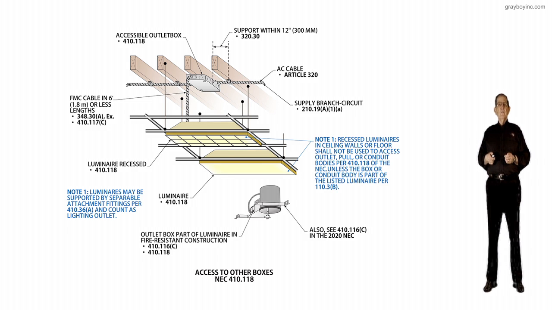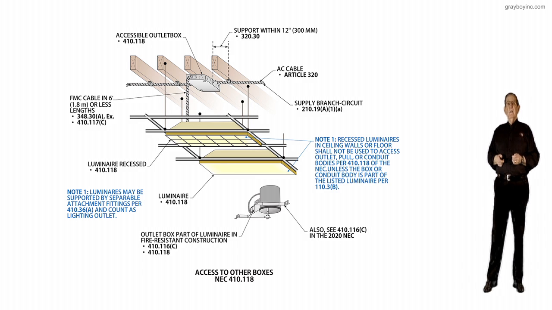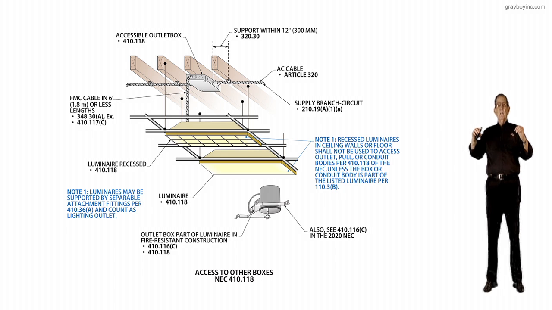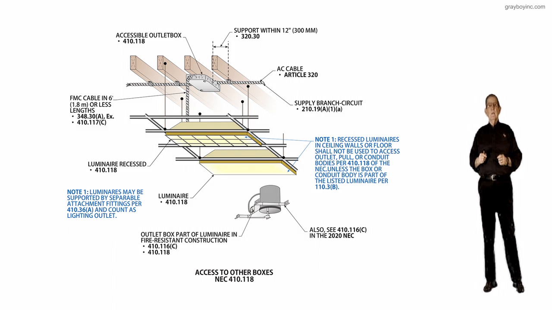And then, of course, the luminaire recessed with the arrow drawn to it is 410.118, and of course it's laid in between the grid system, and the grid system supports it in accordance